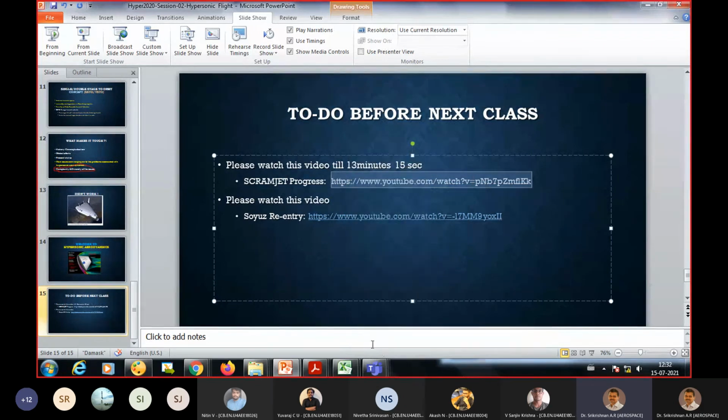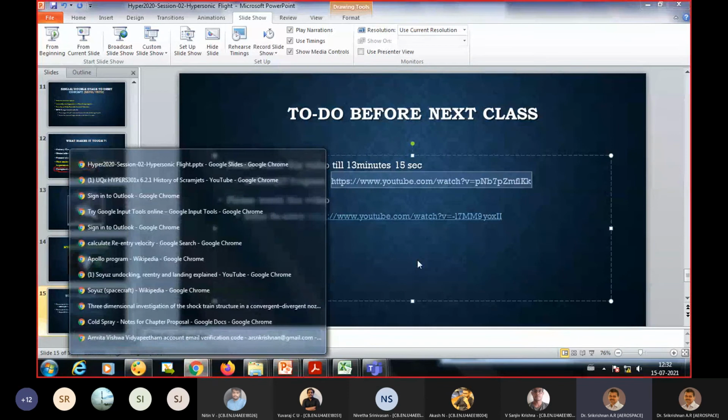The first one is about scramjet development. The utility of that video is that it highlights many of the issues related to scramjet development. So as we know, scramjet is invariably connected with hypersonic propulsion. Some of the issues related to the scramjet development, or some of the physics which make the development more complex, or retards its growth, can be understood from that particular video. And I guess it's explained fairly well in that video, along with pictures, along with